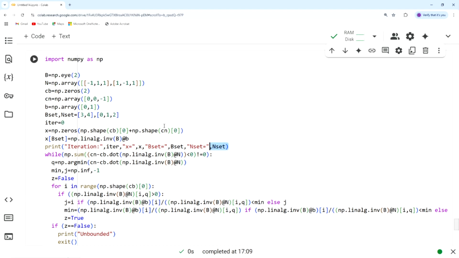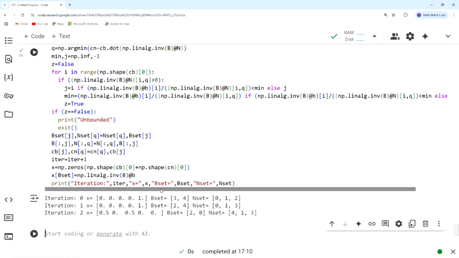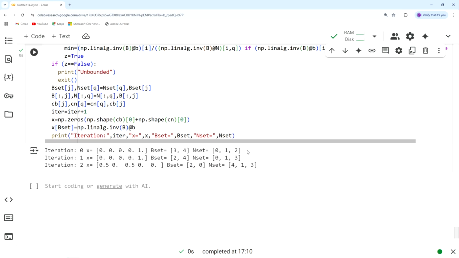Okay. So, that we understand what happened a little better. Yes. So, we initially started with 3 comma 4, you can recall, and n set was 0 1 2,